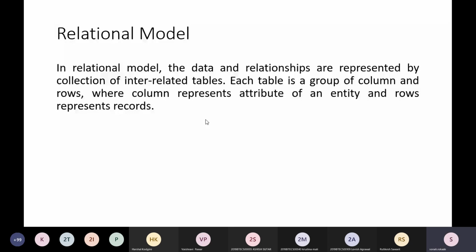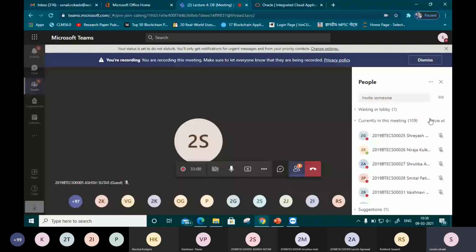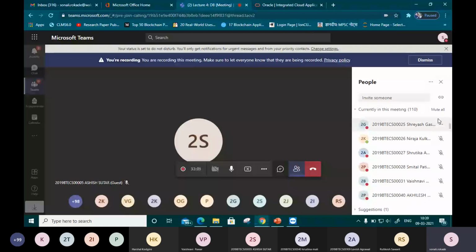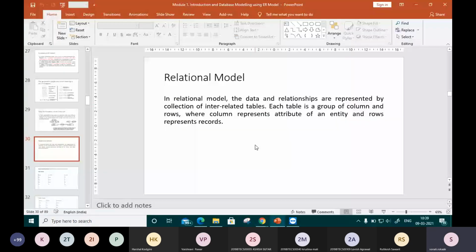And a column represents an attribute of an entity. We have also seen that every column is called an attribute. The rows are defined as tuples, and tuples are also called a record of that table.